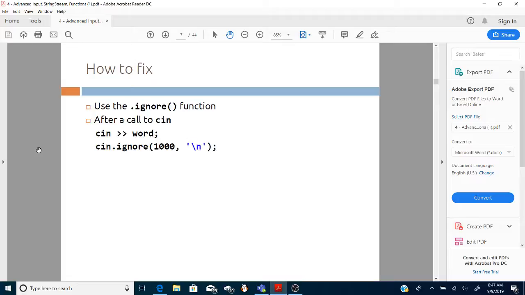But basically, it could have been that it was 42 and then a tab and then some spaces, and then the new line character. And I really want to get rid of all of that stuff, because remember, cin ends at the first whitespace that it gets to. So the 1,000 basically says there's not going to be more than 1,000 whitespace characters to get rid of. Really, I don't care about the 1,000. What do I care about? The newline. So this says get rid of the new line character,